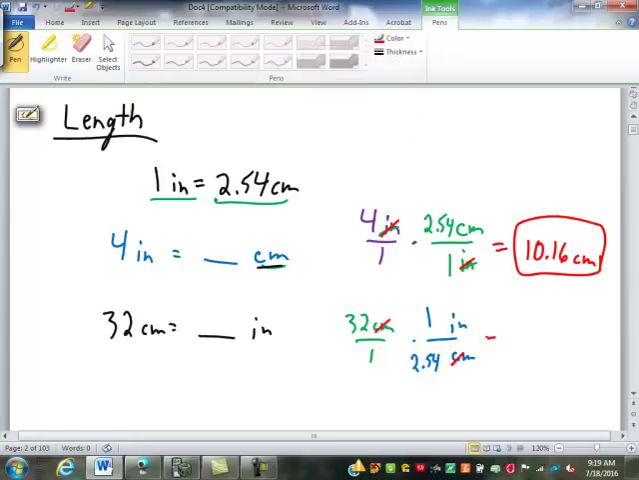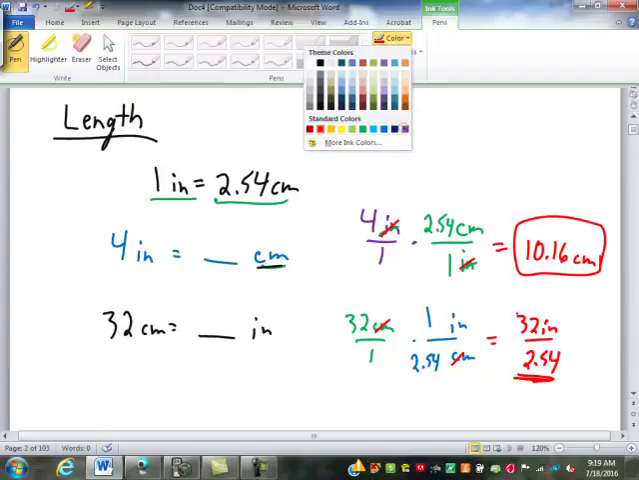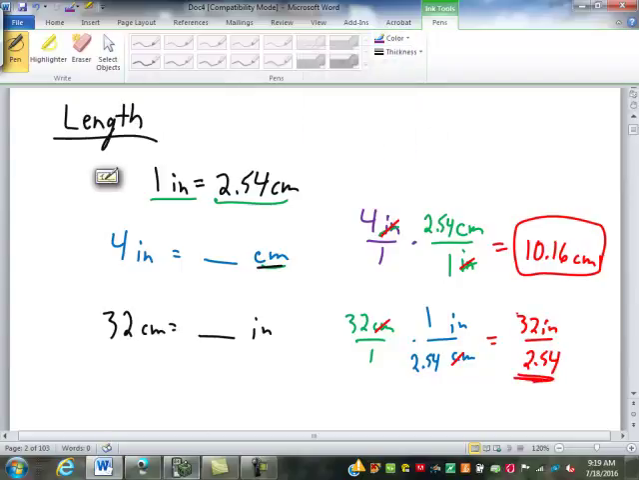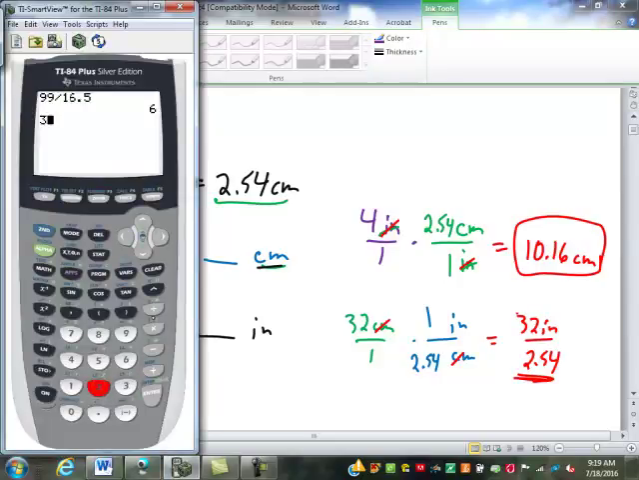Centimeters cancel out. I've got 32 on top here, 32 inches. 32 times 1 inch is 32 inches. And on bottom, 1 times 2.54 is 2.54. And since the denominator is not 1, I have to divide that out. So then I would have to do 32 divided by 2.54, which would give me 12.598